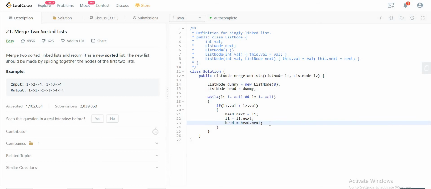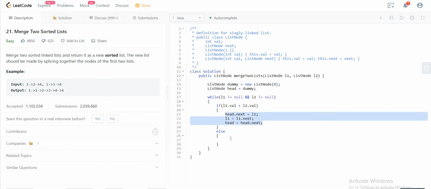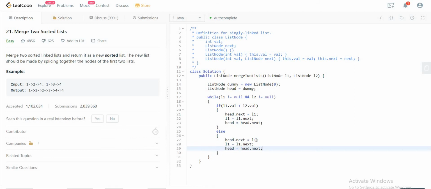So we see why this variable comes in handy. If you just had one variable, for example, like dummy, and if we kept pointing to the next one after we attached a new list node, we wouldn't be able to get to the head of the list that we want to return. That's the reason why you would have to have two duplicate nodes that point to the same thing, but we use one of them to keep going to the next list node that we just attached. And you would want to do the same for L2. And then this part of the code that we just added would make sense